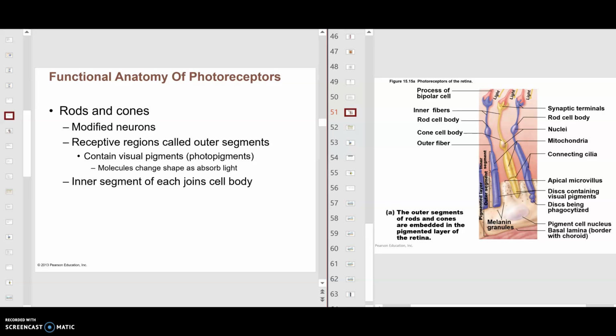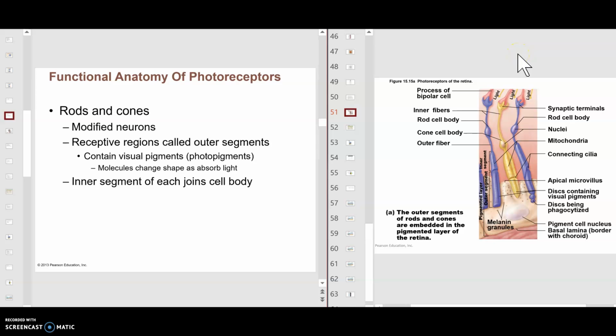Okay, class, let's talk about photoreceptors in the eye. In the eye, in the retina, we have rods and cones. These are the photoreceptors. What they do is absorb light. Strangely, though, they're positioned in reverse to what I would think, because when you go back and